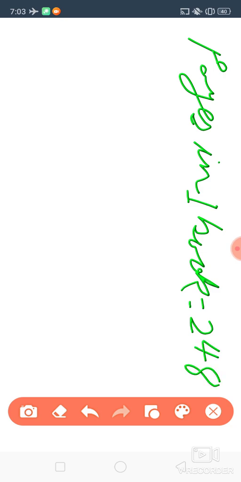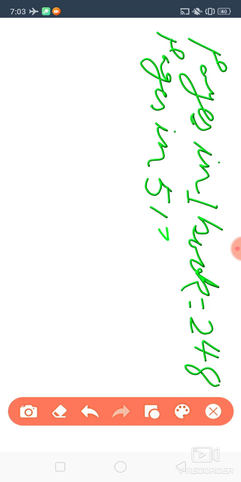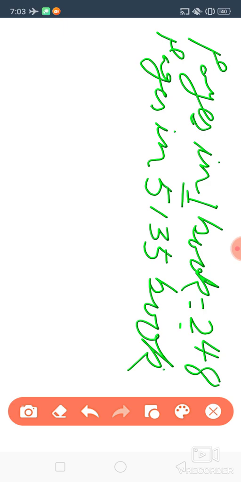Okay, then we'll write pages in how many books are there? 5135 books. Okay, 5135 books will be equal to how much? We have to multiply. In one book these many pages. So in 5135 books,